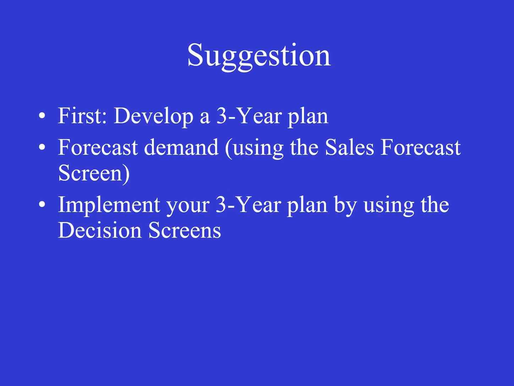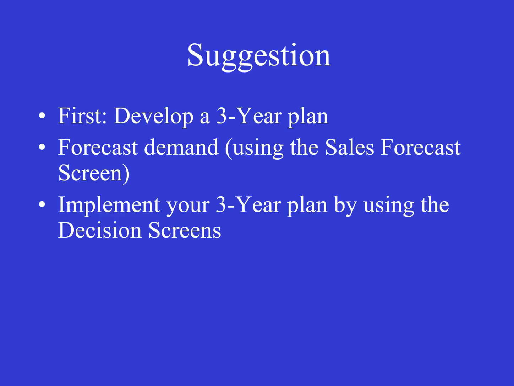Now, I'm going to suggest that you come up with 3-year plans. So we're going to be playing a total of 9 rounds, 9 years. So each round in this simulation is considered to be a year. Because you've got to come up with a plan, and because this plan has got to anticipate changes in the market, you've got to come up with a set of strategies that take you 3 years out. In other words, you need to come up with a 3-year plan. And you've got to come up with three 3-year plans because there are 9 years.